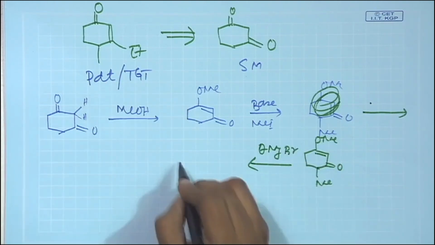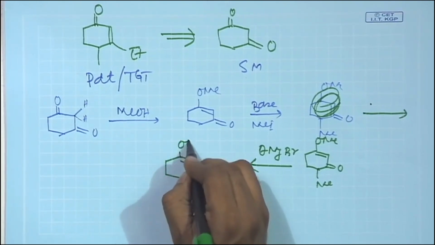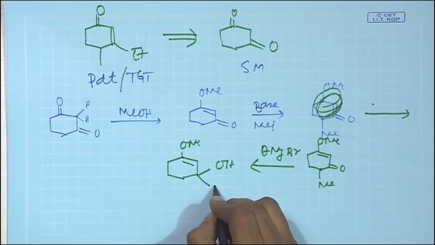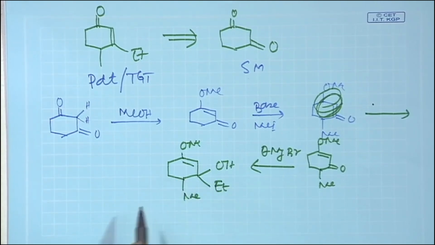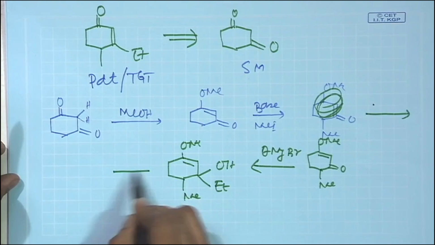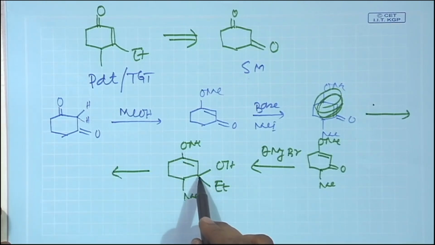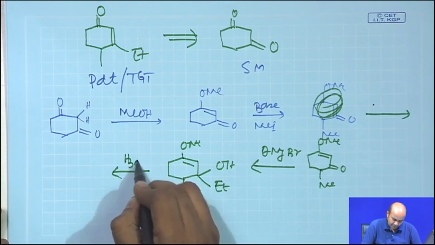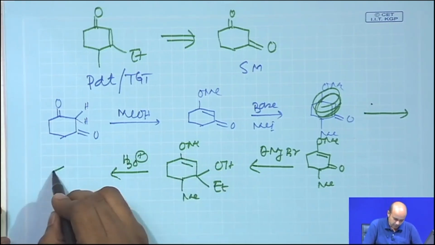This is an alpha beta unsaturated ketone. So, ethyl magnesium bromide will basically attack here to give you a tertiary alcohol. Your methyl is here, fine. Now, this is basically a vinylic ether and you have a quaternary alcohol. So, if you subject this compound to acid, first the vinyl methyl ether will hydrolyze to give you